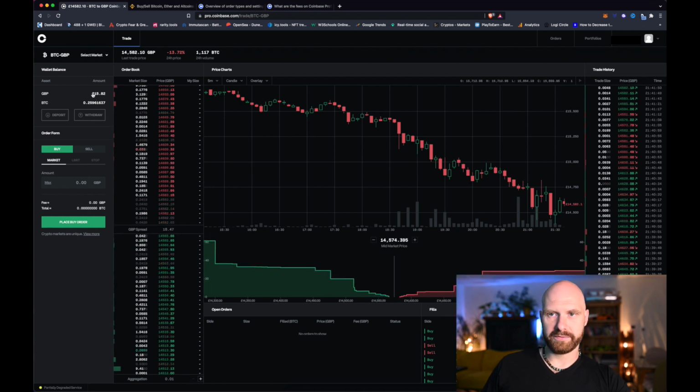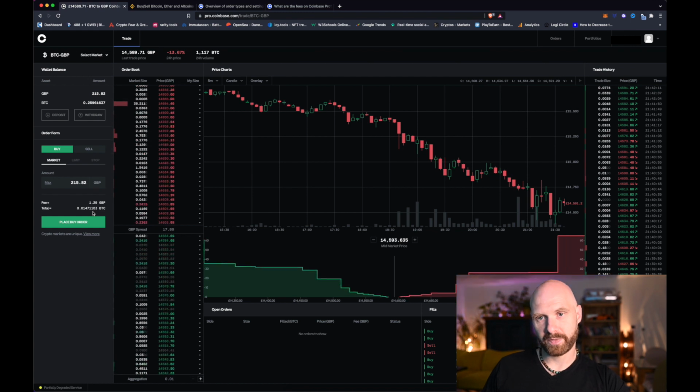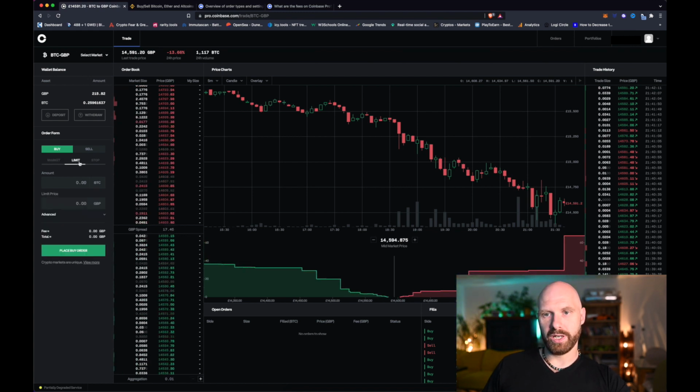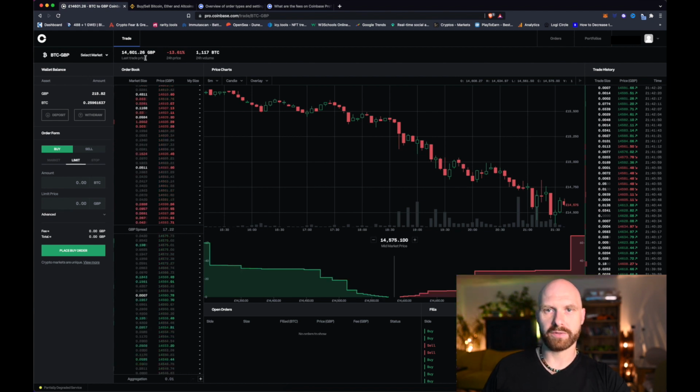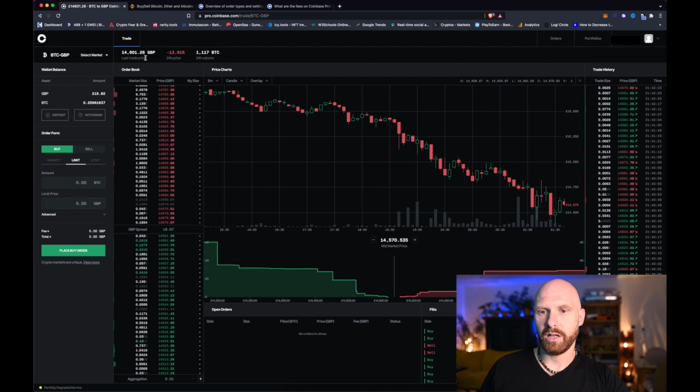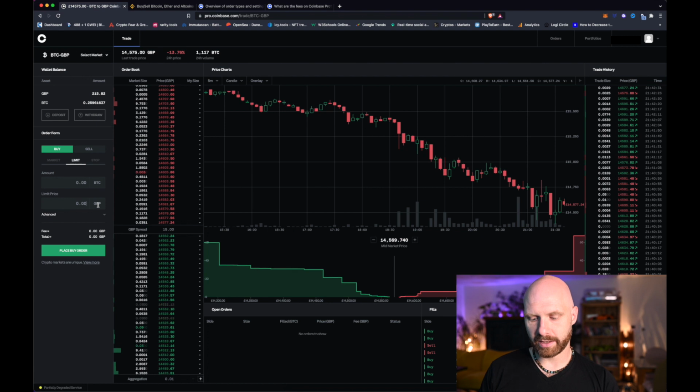So at the moment I have just over 200 pounds here. I could just simply click max and I could buy 250 pounds worth of Bitcoin at current market price, which would be 0.014 whatever of a Bitcoin. Or I can go to the limit option here. And now I have amount, but I also have limit price. So for example, now, here I'm dealing with pounds. Of course, most of the time you'll probably be dealing with dollars, but the principle is exactly the same, of course. So let's say I could put